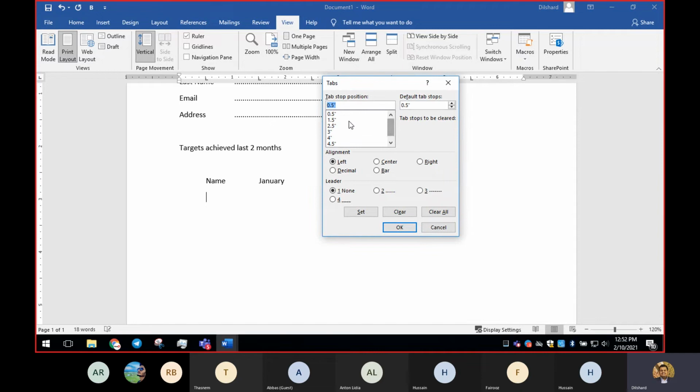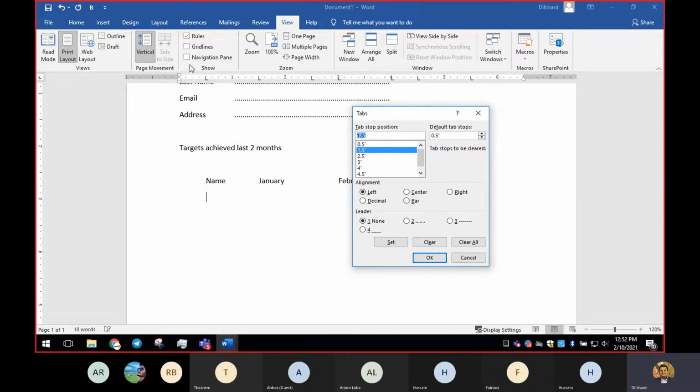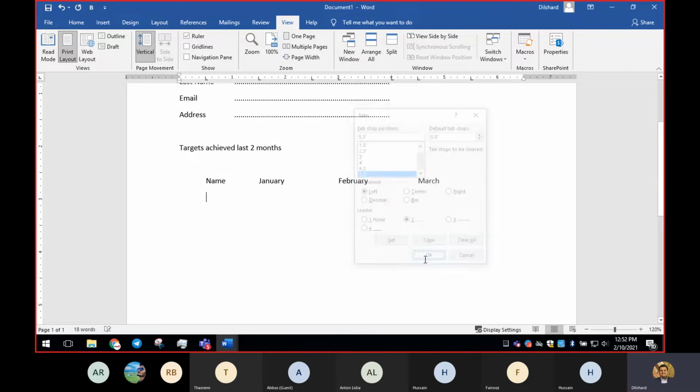From 0.5 to 1.5 I need name, so there are no dots. But between 1.5 to 2.5 I need some dot lines, so I'm going to have it and set. And for February 3 to 4, and for March 4.5 to 5.5. Always select the last point and click OK.